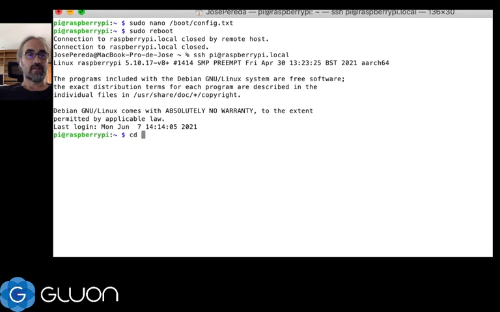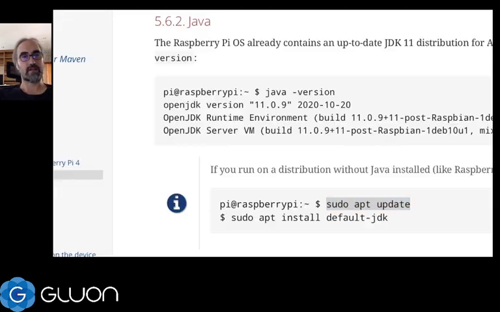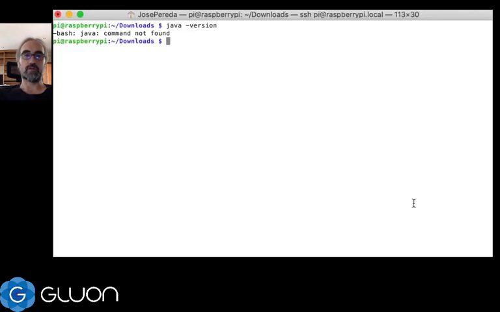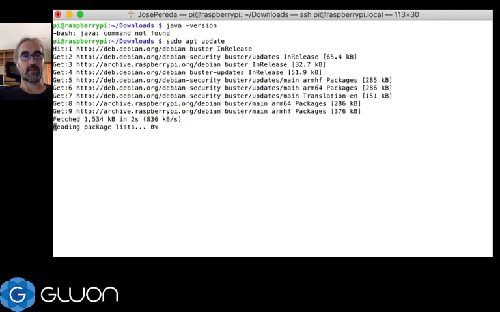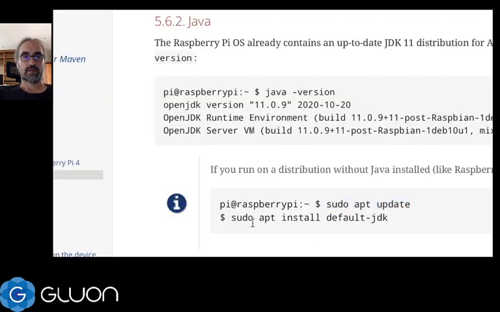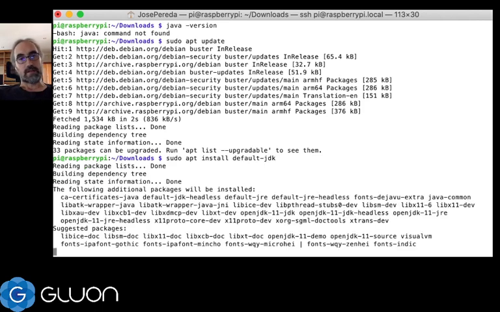The first thing we need to do is check if we have Java installed or not. In this case, for the Raspberry Pi 64 version, there is no Java installed. That's very easy to do now. We go to the docs, update the Raspberry Pi so we get a fresh list of repositories, and then we just run sudo apt install default-jdk, and this is it. It takes a few minutes,